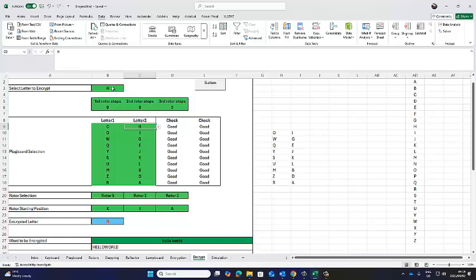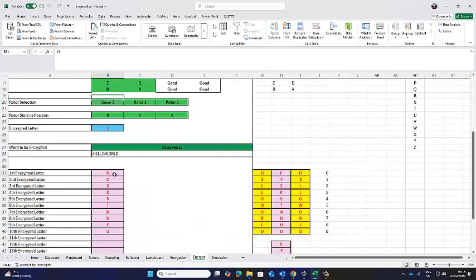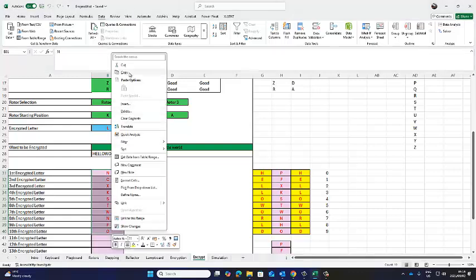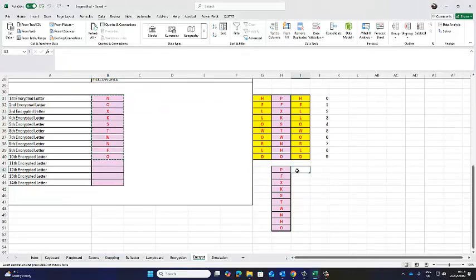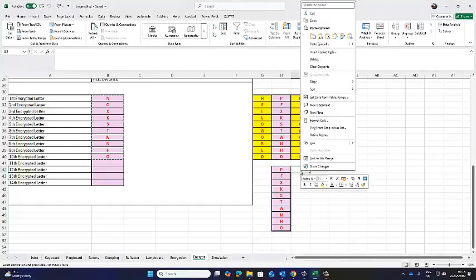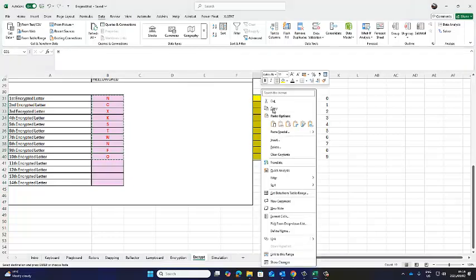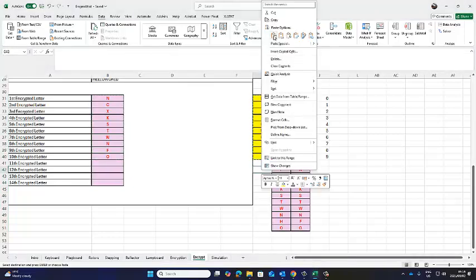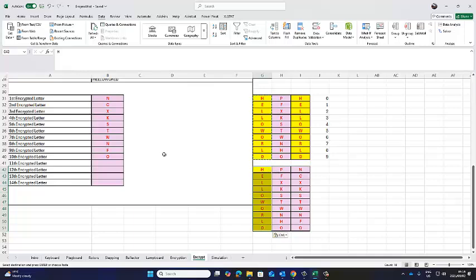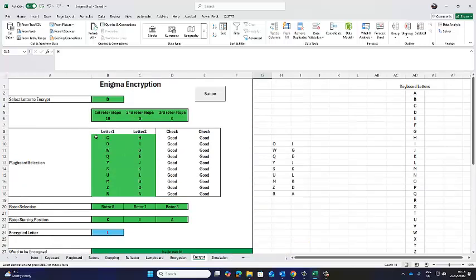So now you see the H. So let's run it. 0, 0, 0. Let's do hello world again. So now it encrypted to, come on, it encrypted to N. So with that change in the plugboard,